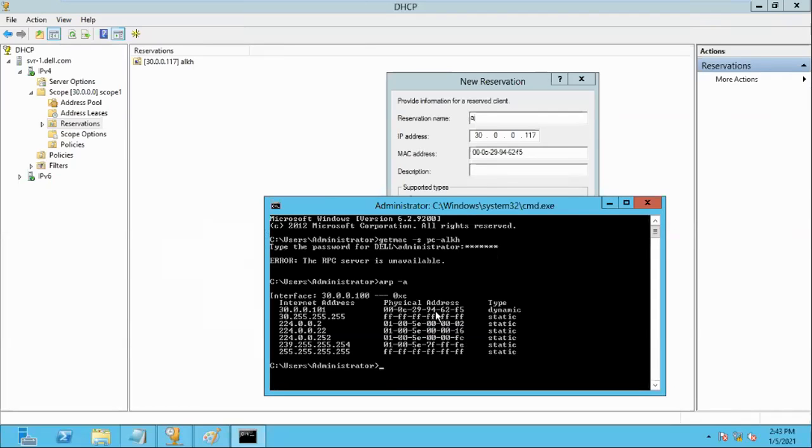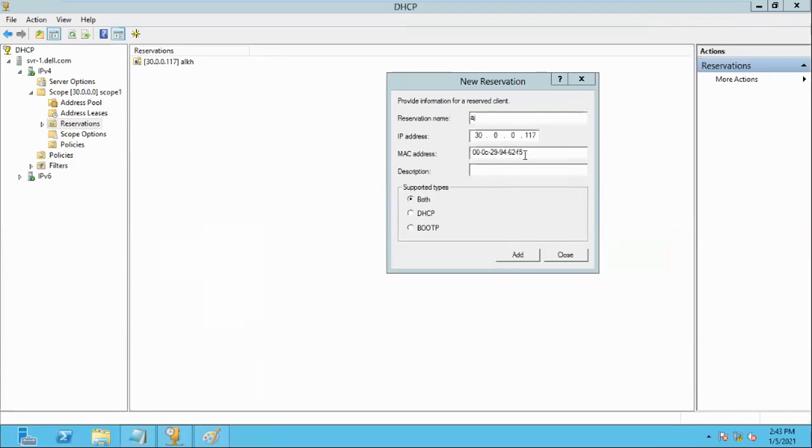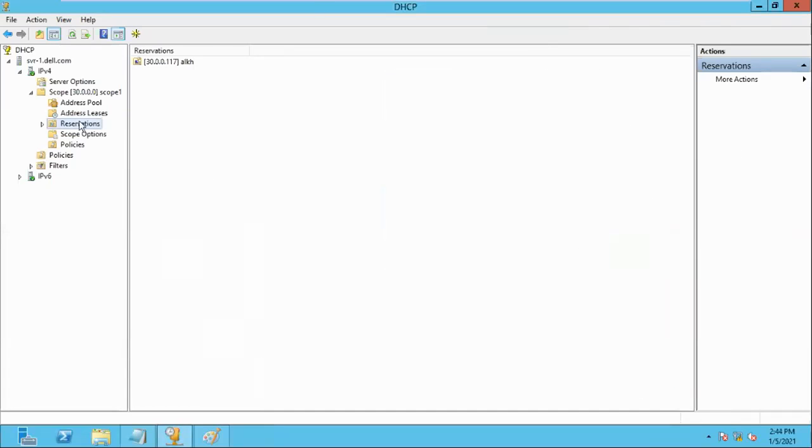Sir, we are reserving the IP address for the MAC address. The IP address 101 is already assigned for that particular MAC address. So I want to change it. I want a permanent address, I want to assign this one. So next we will use the pool, 152.